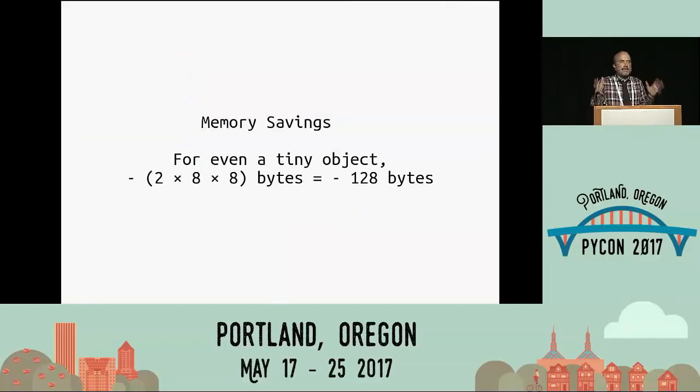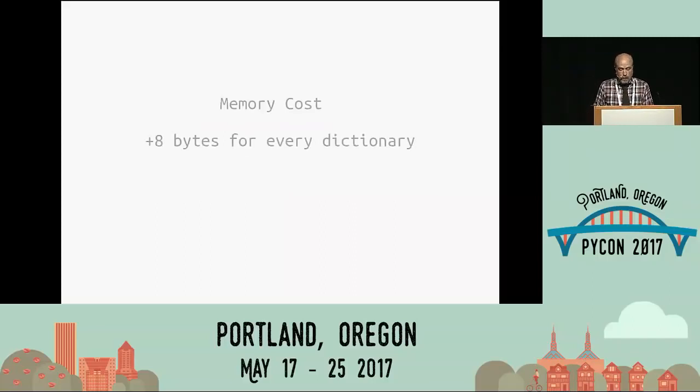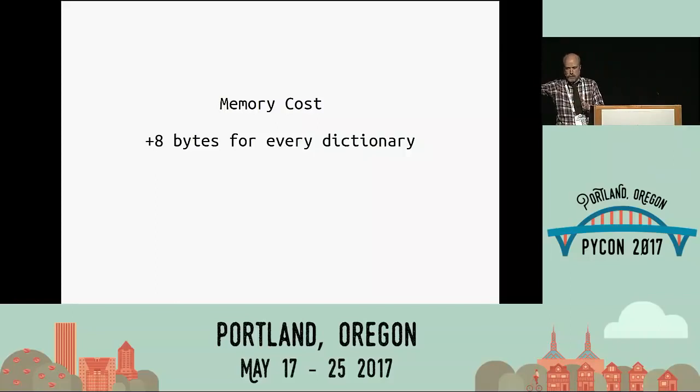Memory savings, even on a tiny object that fits inside of an 8-entry, 5 of which can be populated, Python dictionary, you're saving 128 bytes for every object. If there's thousands or millions, that adds up to real measurable savings. Now you do burn a little space because every dictionary ever created now needs 8 extra bytes so that if it is stored in split fashion, it knows where to get to the values array that's separate in that case from the keys. But when measurements were done, the extra 8 bytes was easily made up for by the savings for common objects with repeated attributes.